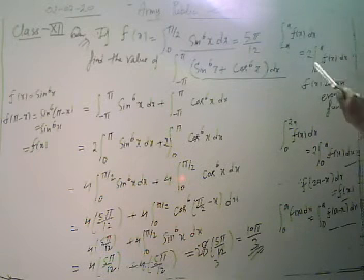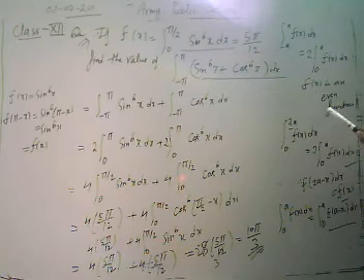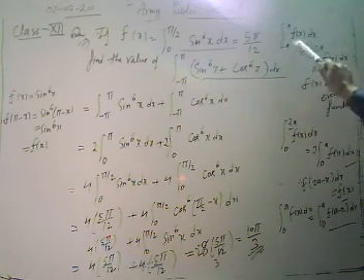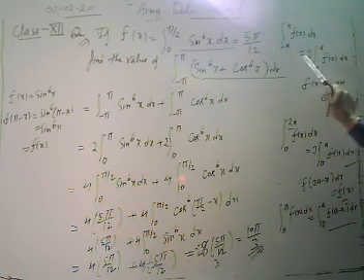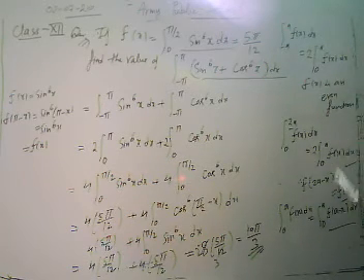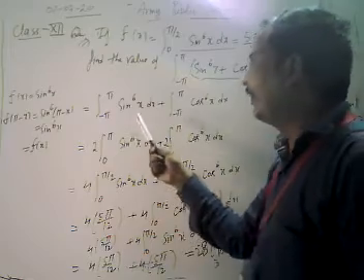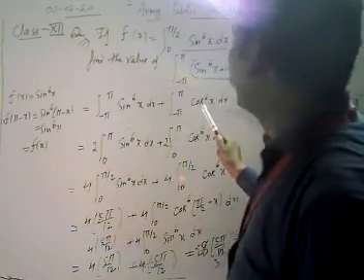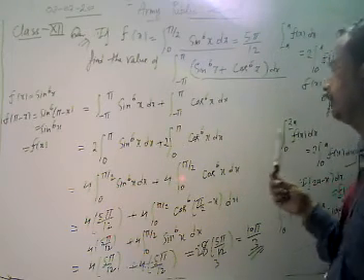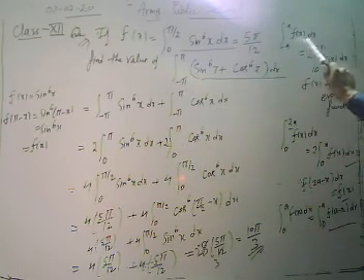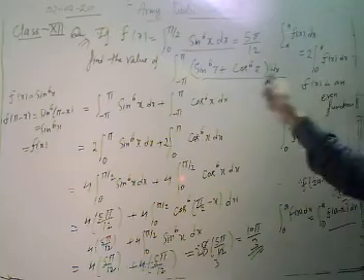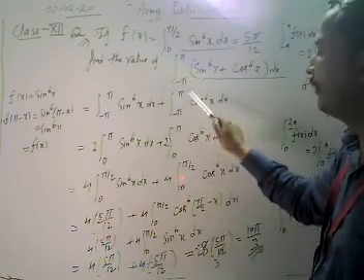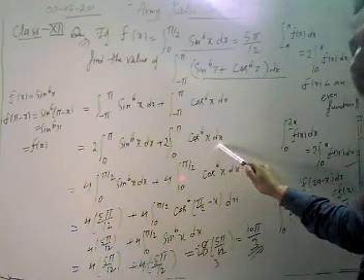Whenever we have 2 times the integral from 0 to a of f(x) dx, we check whether the function is even or odd. First of all, we apply that the integral from minus a to a of f(x) dx is equal to 2 times the integral from 0 to a of f(x) dx when our function is an even function. We can easily verify that sin to power 6x is an even function, and cos to power 6x is also an even function. Then using the property, we convert it to 2 times the integral from 0 to a of sin to power 6x, and similarly 2 times the integral from 0 to a of cos to power 6x dx.